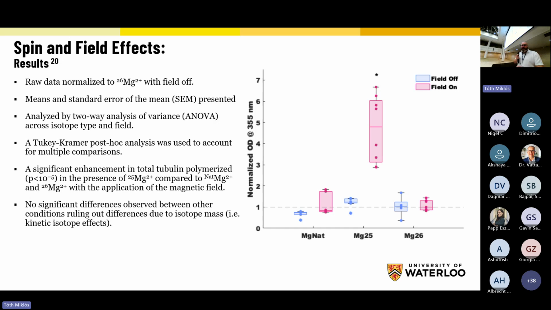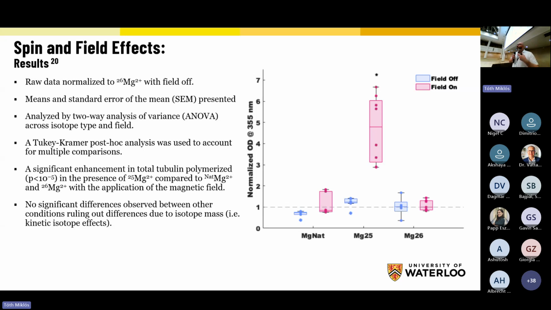Since that time, this has been published in Science Advances, but during that review process, someone brought up that it's standard when talking about magnetic field effects in biology, to rule in or out a radical pair mechanism, that we would want to produce a Mary curve, which is the effect of the magnetic field over increasing magnetic fields over a large range. So we can see that trace that Dr. Jones was showing us earlier this morning.